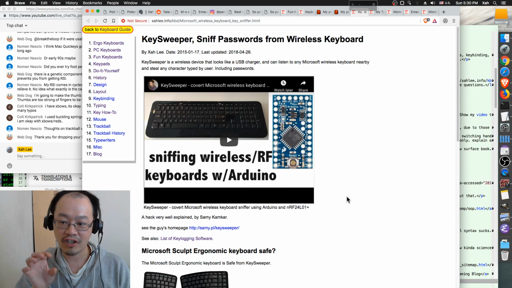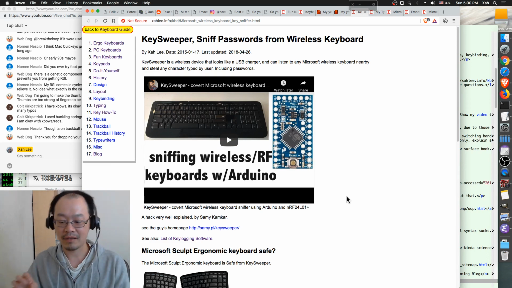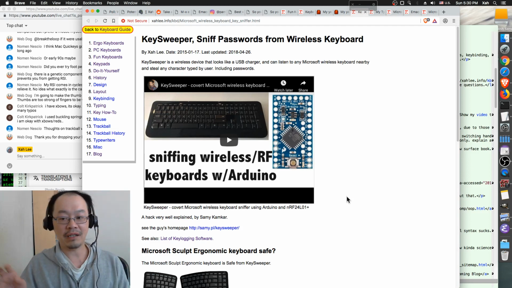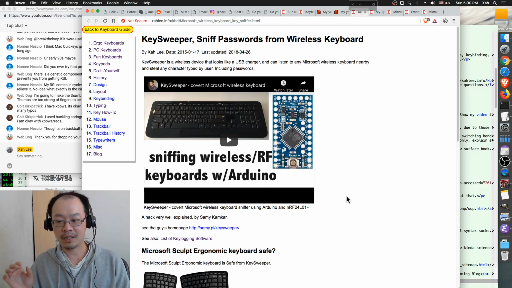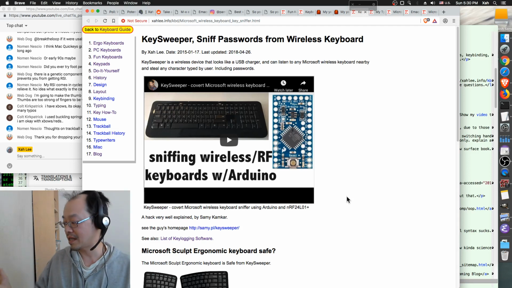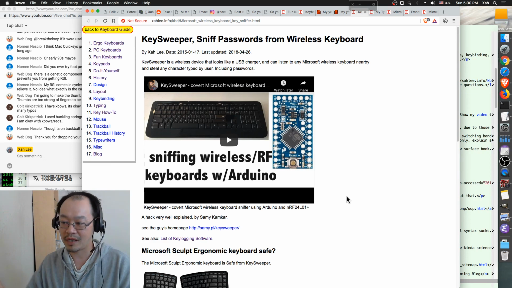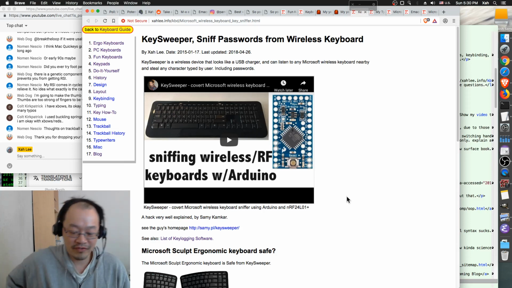It looks like a charger, but it can actually record any Microsoft wireless keyboard in the vicinity. It just looks like a normal charger or whatever device. So you go to your office, you put it there, and then you can monitor anyone within 10 meters who is using a Microsoft keyboard.